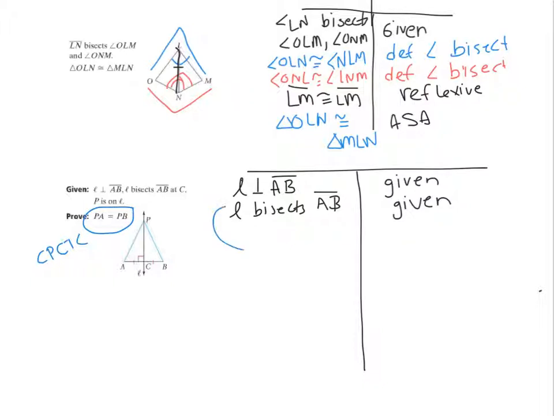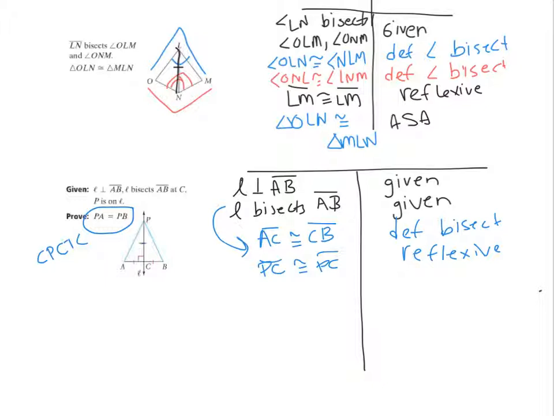So if L bisects AB, I know that AC has to be congruent to CB by definition of bisect, and it's already marked on my diagram. Alright, and then I also know that PC is congruent to PC by reflexive, so I'm going to mark that on my diagram. And if they're perpendicular, it means that angle PCA and angle PCB are right angles